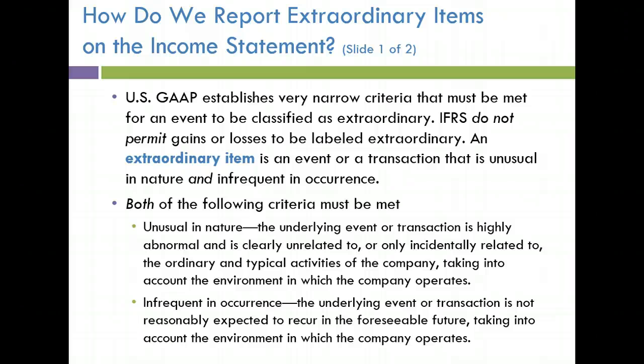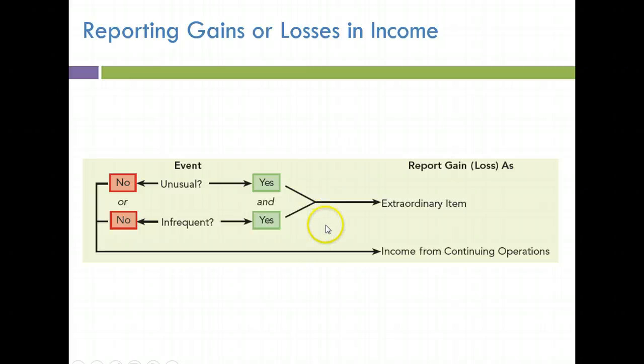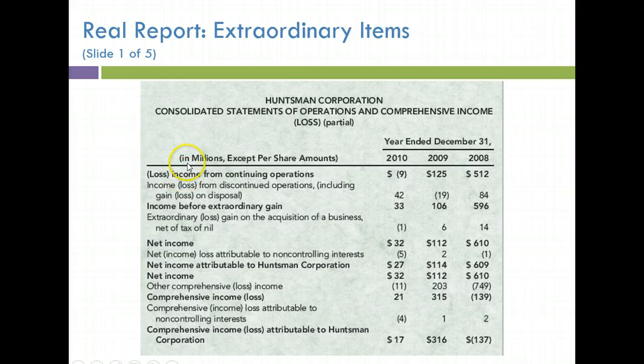Okay? No extraordinary, the two terms, unusual and infrequent. Okay? Biggest piece. Reporting gains and losses in income. So if the event is unusual, yes, and it needs to be infrequent, then it's an extraordinary item. Let's say it's unusual, but it's not infrequent, it's not going to be an extraordinary item. It's got to show both. Okay? Will you remember that one? You're going to see it again. So basically, when we're dealing with unusual and infrequent items,